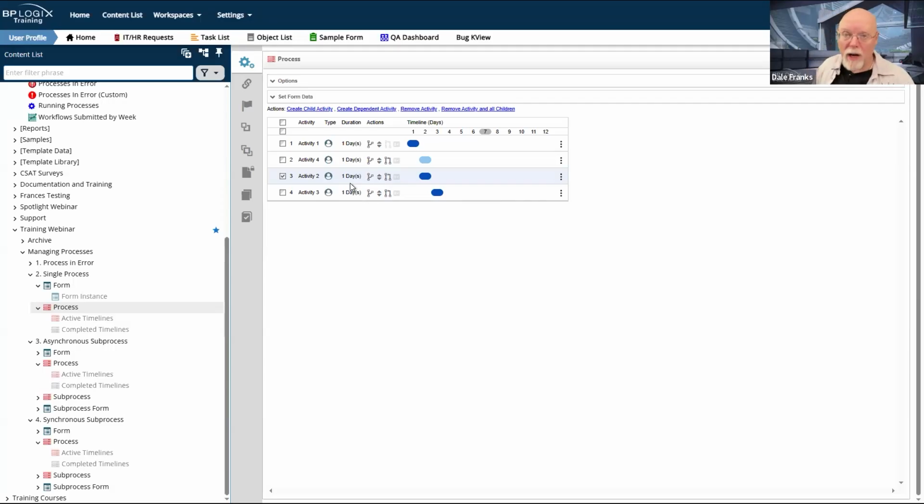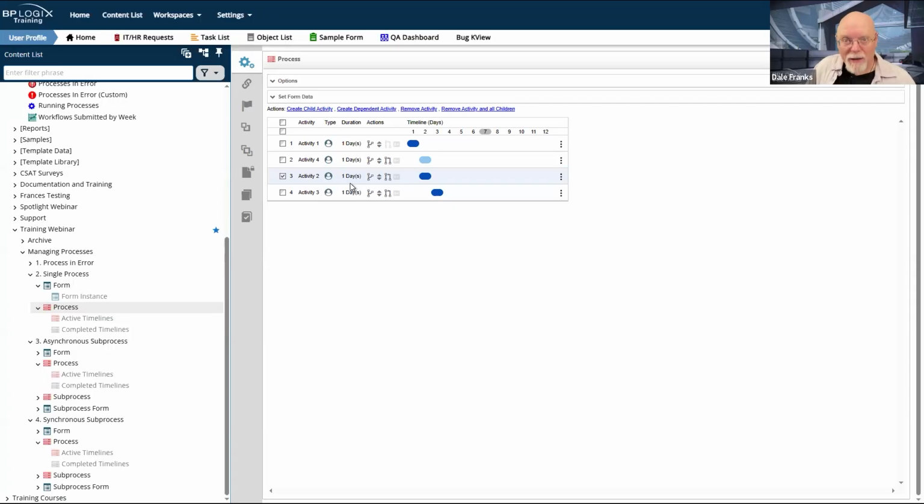It's going to go into an error state, and you're the one that made the change to the timeline. We don't know what you're trying to do in your timeline. So we're just going to throw everything that's running activity 2 into an error state when you delete it, and it's up to you to figure out what you want to do with it. You deleted it, so now you have to pay for that by reconfiguring all of your activities that were running.